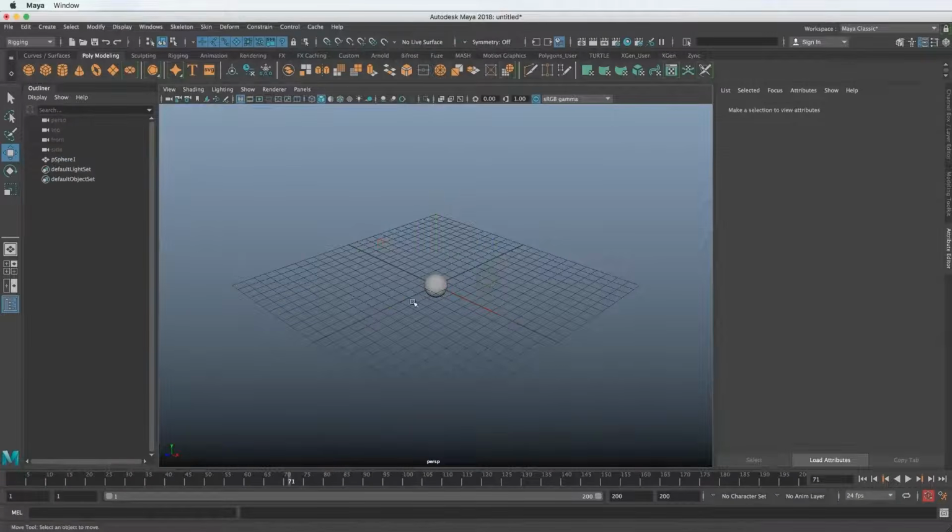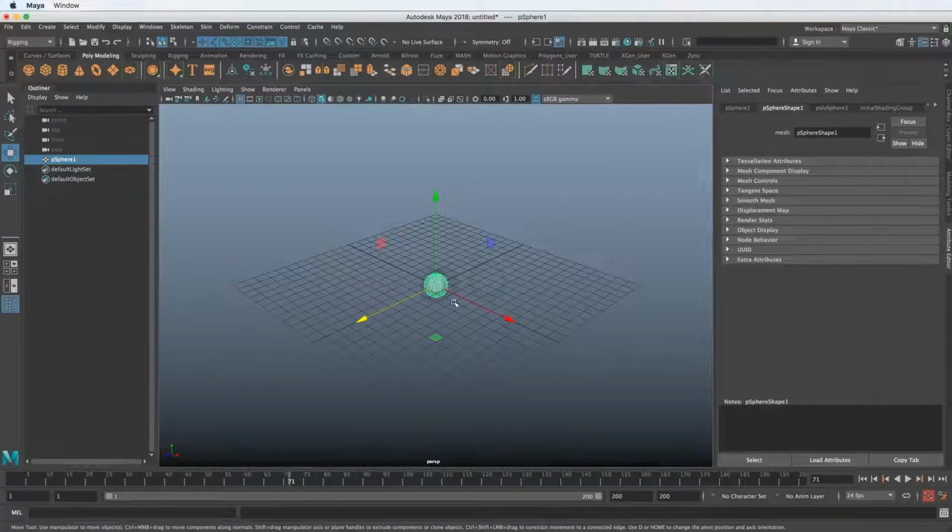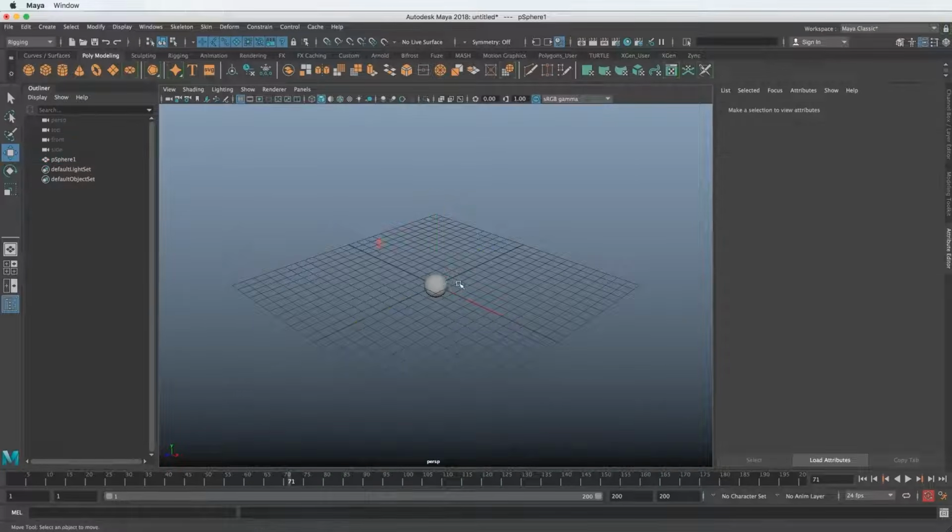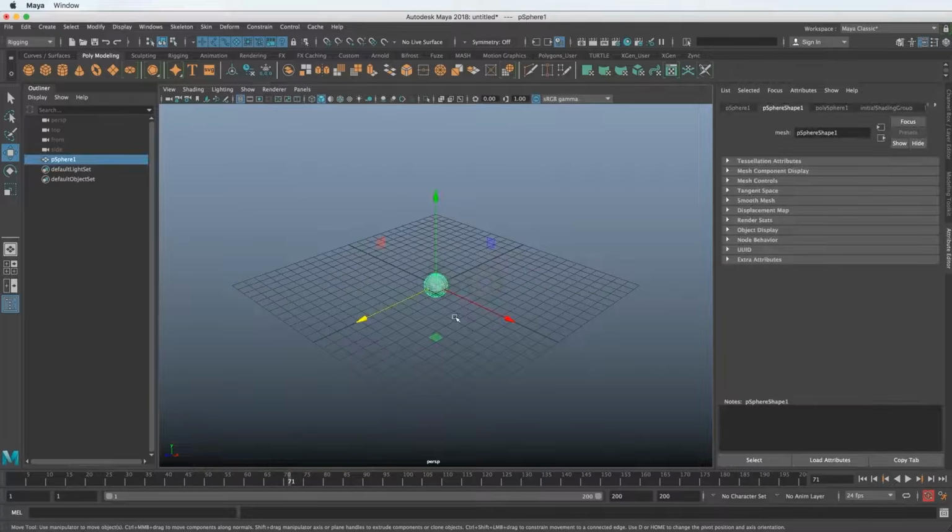So now with the sphere selected, and if you can notice, even with the move tool selected, I can select different objects. You don't always have to have the select tool selected to select new things. You can have the move tool selected and you can still select stuff. So you can also click and drag to select things in a group. So now that we have this one thing, let's move it around.